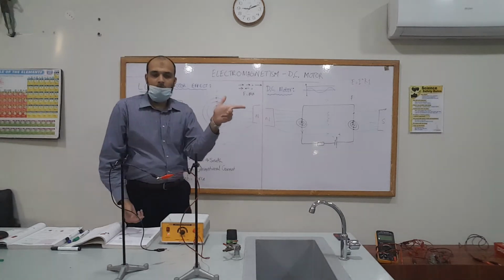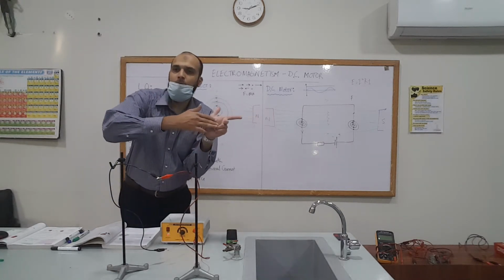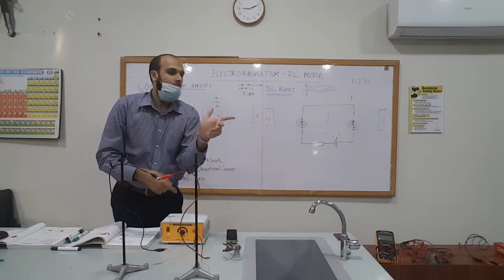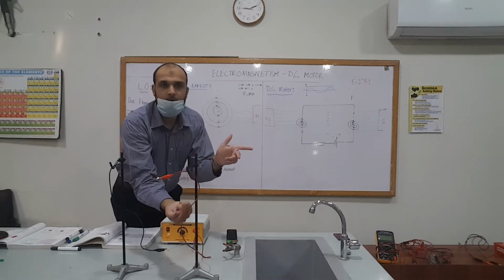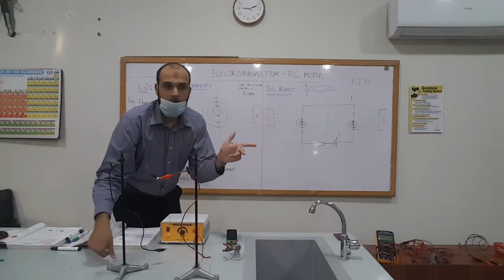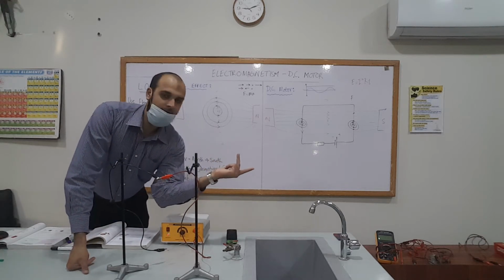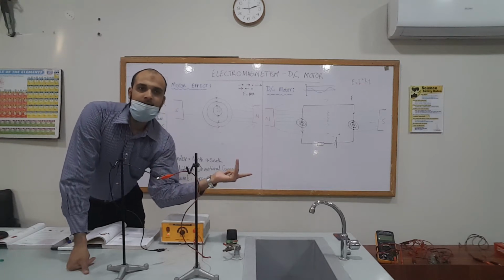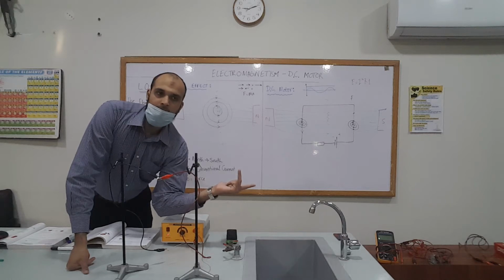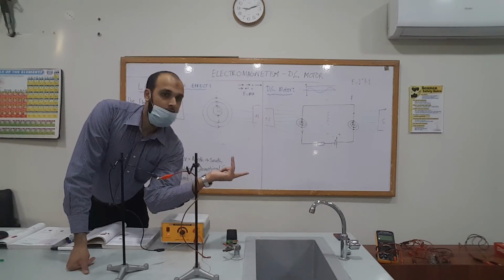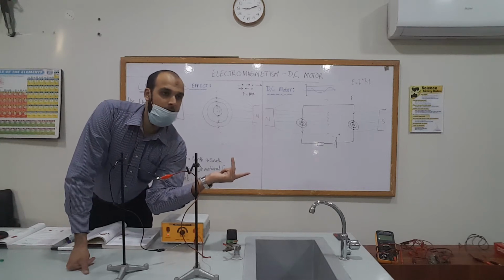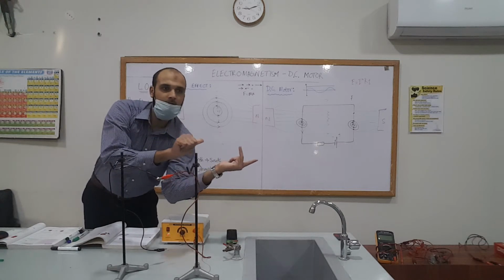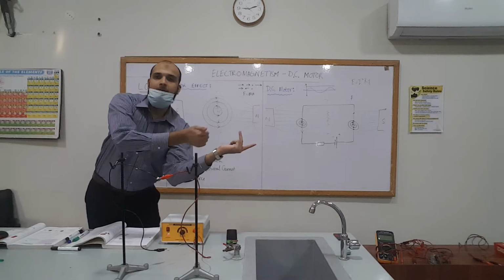Is the conventional current flowing towards you? It's flowing up, in this case with the red wire. So the middle finger needs to point up. Where is the thumb pointing? Where is the direction of the force? Towards the north. Now tell me where your thumb is pointing: into the board, pointed away from you.